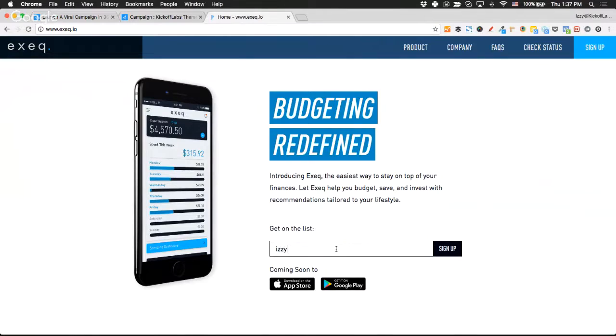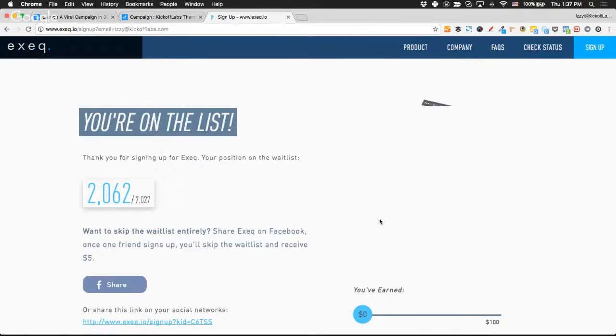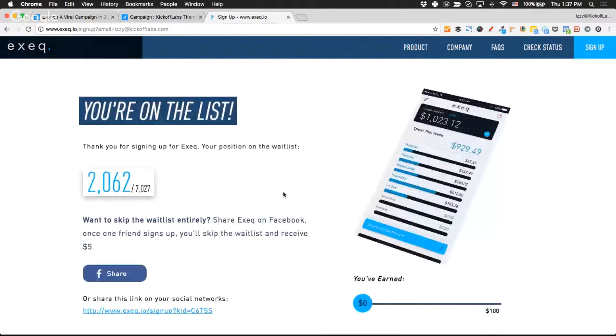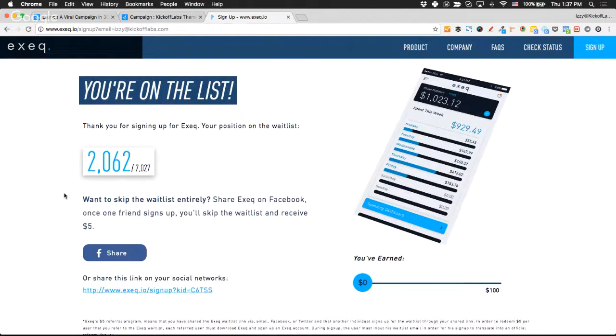And when you sign up, it sends you to a customized version of our waitlist. So I just wanted to show you that you can customize KickoffLabs for your needs, for your look. Just in case you wanted it to be fully custom, you can easily do so. This page looks amazing.